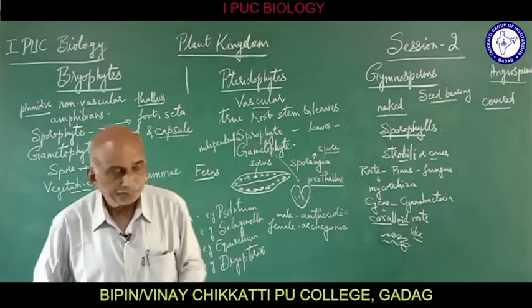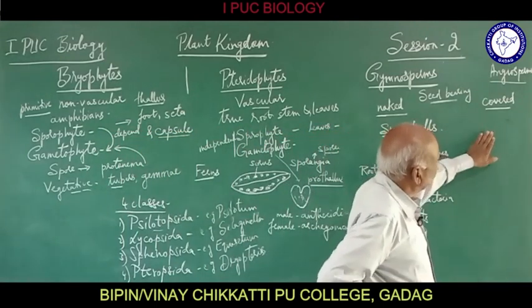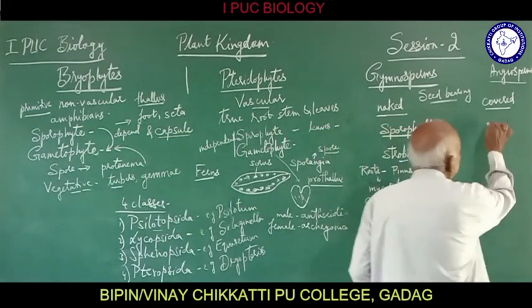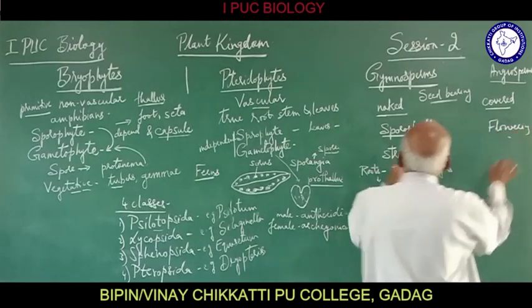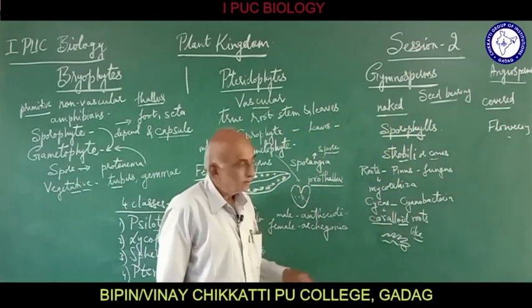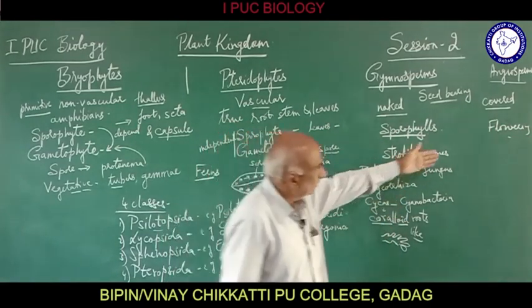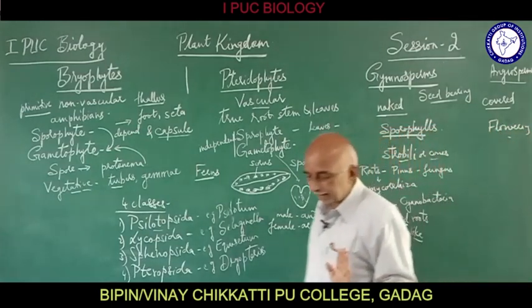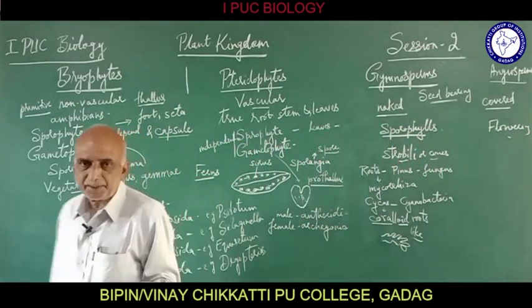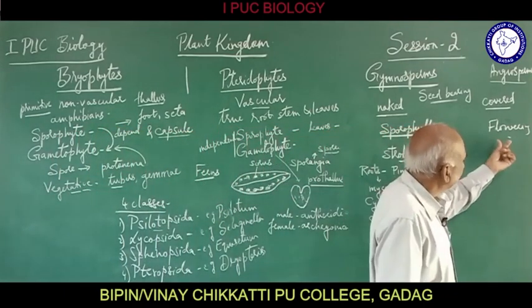Then the angiosperms, they are having flowers. So these are flowering plants, that is very important. So angiosperms are flowering plants, but here we don't mention about flowers. So we don't call anything reproductive structure as a flower here. So of course the flowering plants, the flowers which are produced by the angiosperms, they develop into the fruits and seeds, where the seeds are well covered.